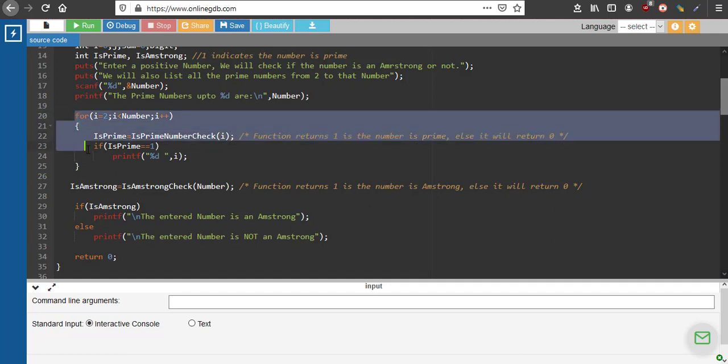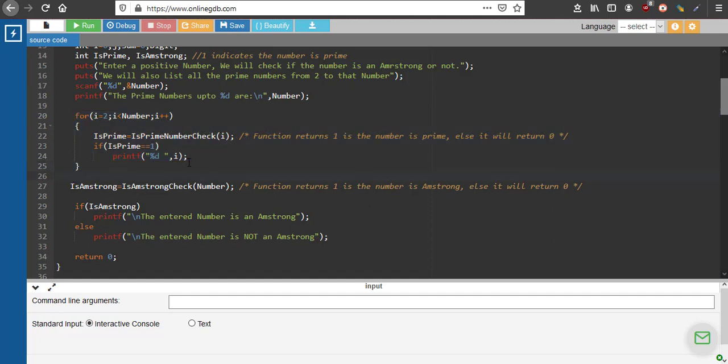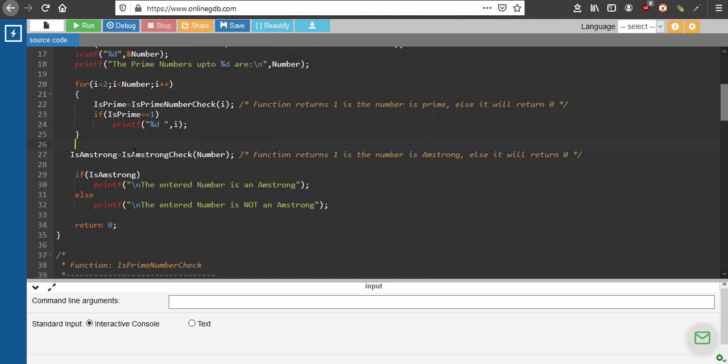So when I made a function like this, it is more clear. How do I check for a prime? Simple. Is prime? I am opening that function. So what is written in the function we will see later. But that function will just tell me whether it is a prime or not. It will return 1 if it is a prime, and return 0 if it is not a prime. So then I'll just have to check the return value. If it is 1, I have to print the number. So I'm listing all the prime numbers.